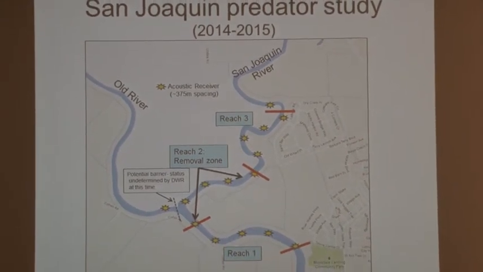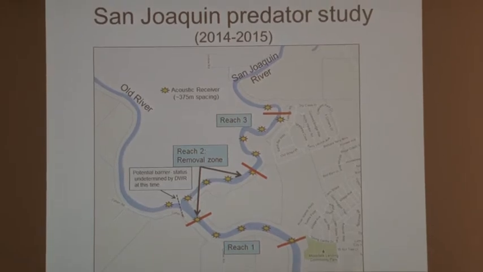So this was, Jacob already covered this essentially. This is the idea that we're going to go out working with DWR and other collaborators and remove predators from some significant areas of the delta and use the same kind of methods that I just talked about around these water diversions to see whether you can really get rid of predators, how quickly they would come back, and whether you can get a benefit for salmon survival. I'm most excited about this study for what we'll learn about the predators that we catch during the removal, about their habitat associations, their diets, their identities, really, for that matter.